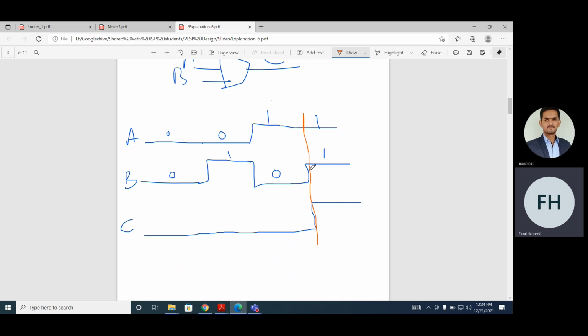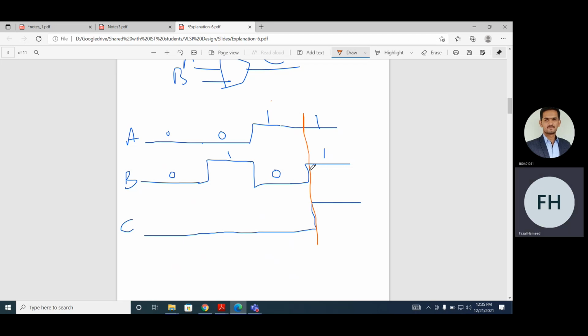Let's say we have a specification, and we synthesize that design. Let's say you want a 2-input NAND gate, and we say that the delay of this NAND gate should be less than 1 nanosecond. First, you verify the functionality, whether the NAND gate is working. You apply the test pattern, you get the output. Once you fabricate that NAND gate, and the delay is 1.5 nanosecond, what is your constraint?